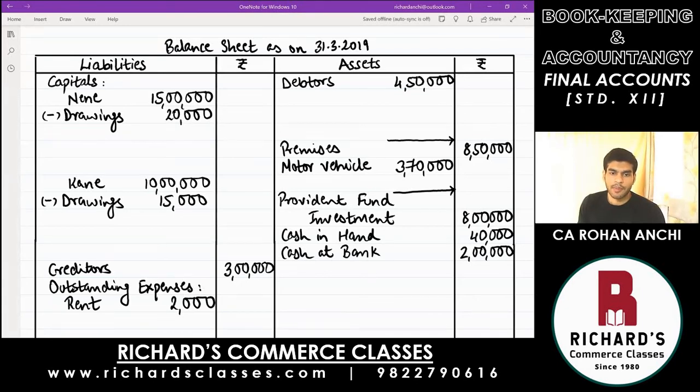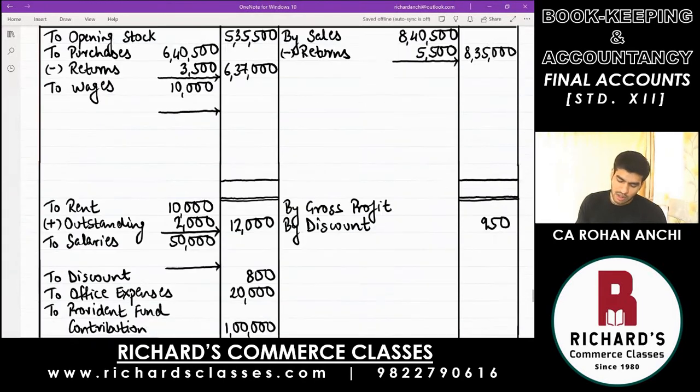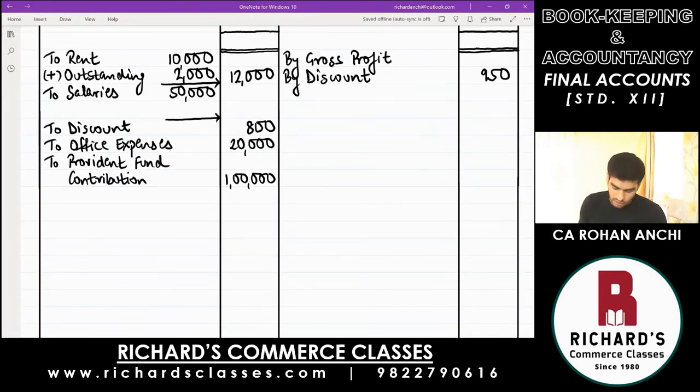Then comes bad debts and RDD. In this question, we are going to write them together because there is old as well as new. So come to the profit and loss account. Everything will be written on the debit side. So you write down to bad debts. Now for understanding which one is old and new, we will actually write it there. To bad debts, in the bracket you write down this is old. Whatever is given in the trial balance is always the old one. Whatever is in the adjustment we are going to do, so that is new. Bad debts old is 3,350.